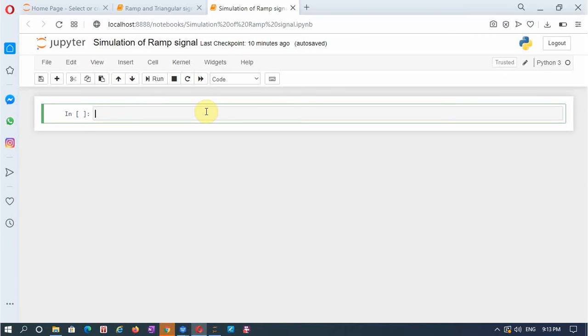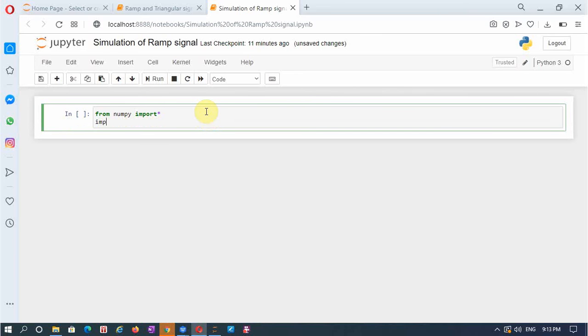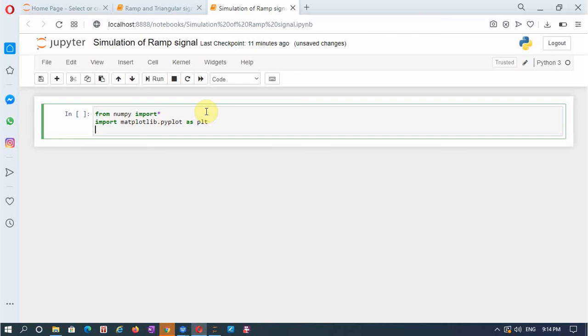In the first line, I have to import NumPy and Matplotlib. So from NumPy, import all the functions, and then import matplotlib.pyplot as plt, and then %matplotlib inline, as we have done in the previous class.